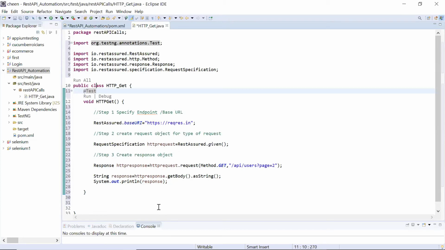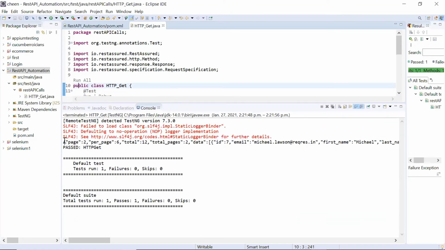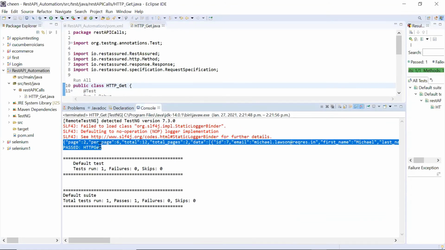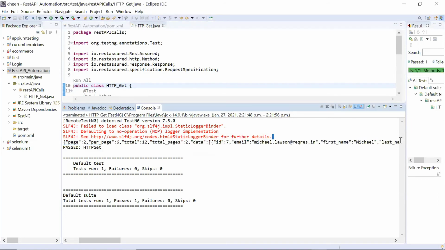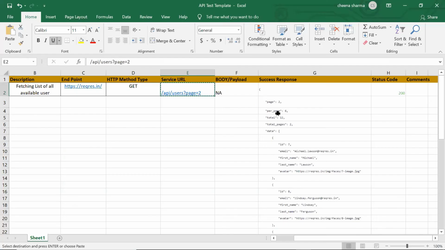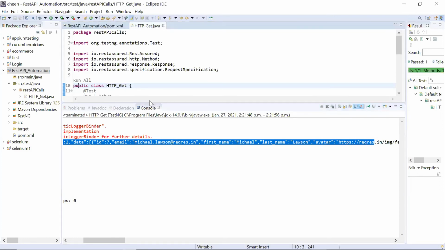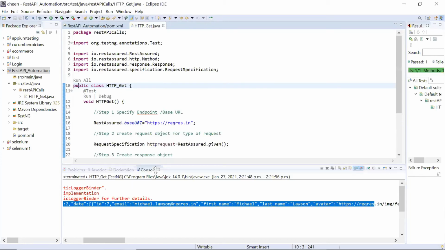We have not completed yet, but we want to check whether our code is working or not. So I'm going to click on run. Click on OK. Let's see. Look at this. This is the code I got, and it's passed, and this is my response code. You can match it with the Excel sheet, which is over here, whether it is coming the same or not. So this is the response code you should get, and see whether here you are getting the same response code or not. You can cross check that. That also we'll learn how to do. We can do it with assert, but till now we understood, okay, it's working fine. It is hitting the right API, and it is working in the same way as we are expecting.